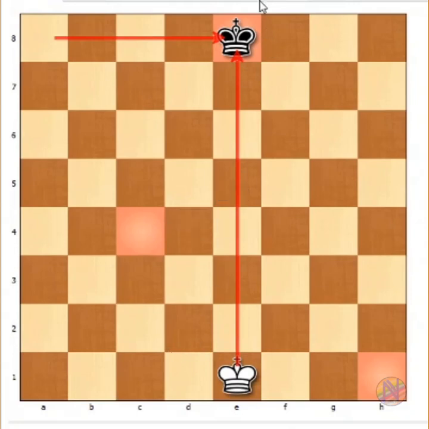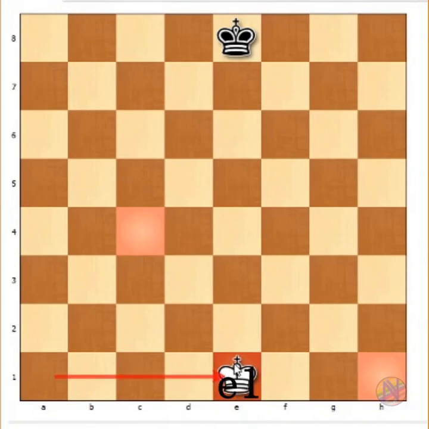Let's name the square where the white king is lying. So the white king is lying on the E file, and note here it is on the first rank. So the white king is lying on the E1 square. Now let us learn how to set up a chessboard.